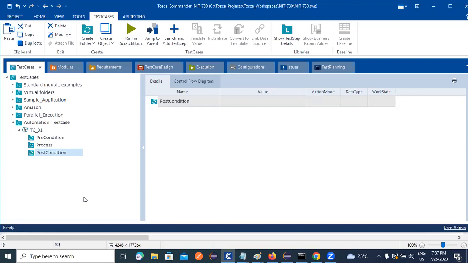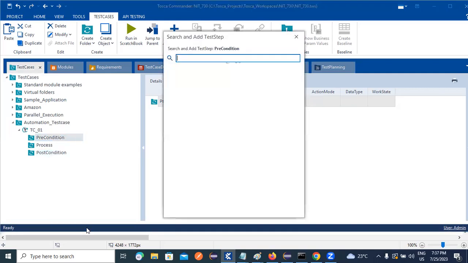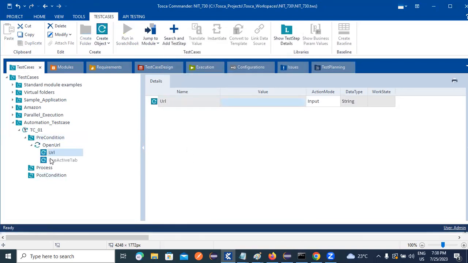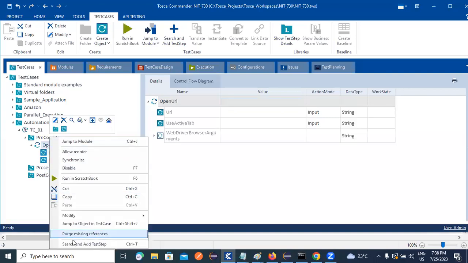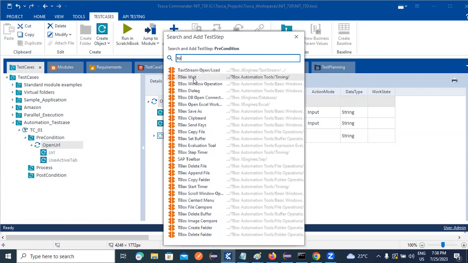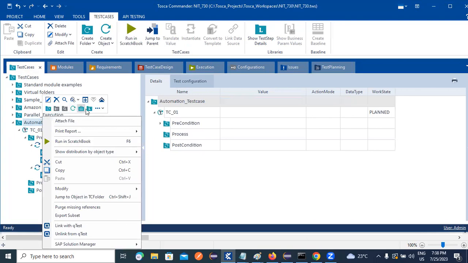Please start the practice. In this precondition, we need to provide the URL. See guys, you observe here, we need to get the URL from the standard module. And once you get the URL, you need to get T-box wait. Before providing the URL, we need to create